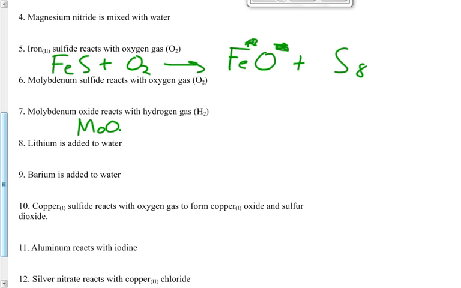So MoO3 then, plus hydrogen gas. When hydrogen is a gas in a reaction like this, what kind of reaction is this? Single replacement. It acts as a metal, so it should be replacing molybdenum, giving us